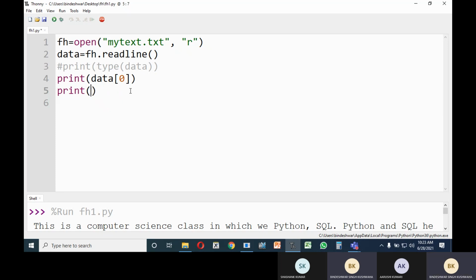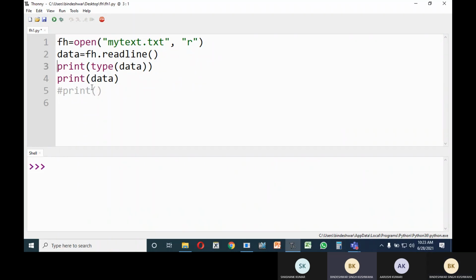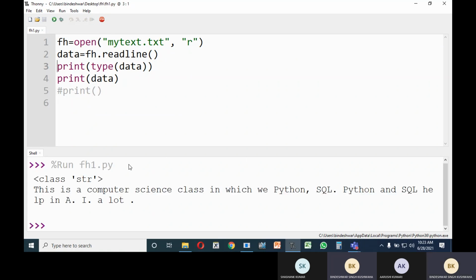So here I'm going to put a hash, thereafter data here, and let us check also the type of data. What type of data is readline returning? Let us run it. You can see that it is a string.